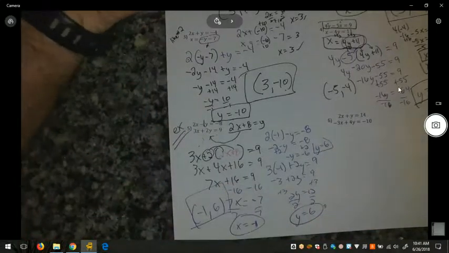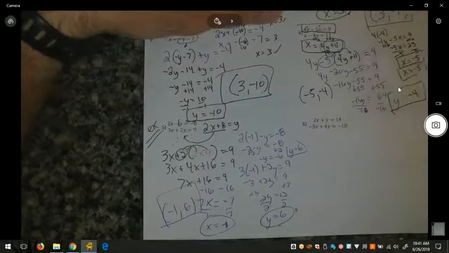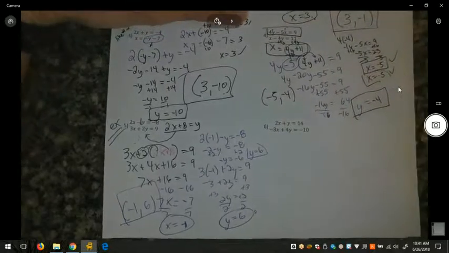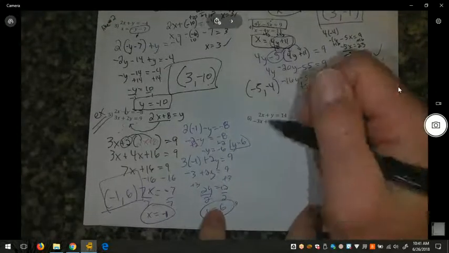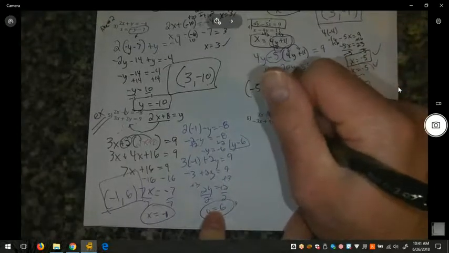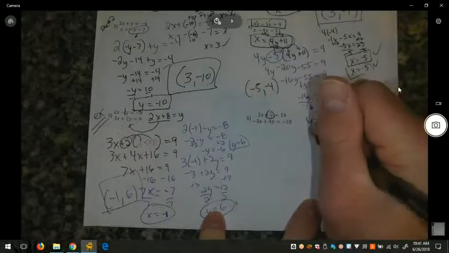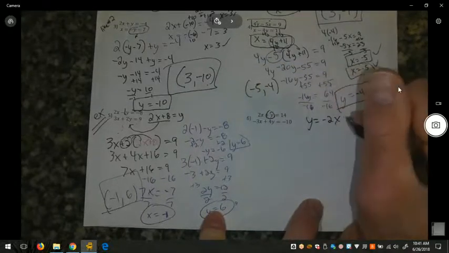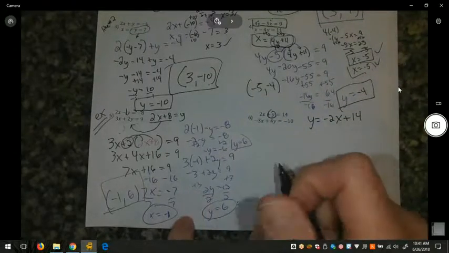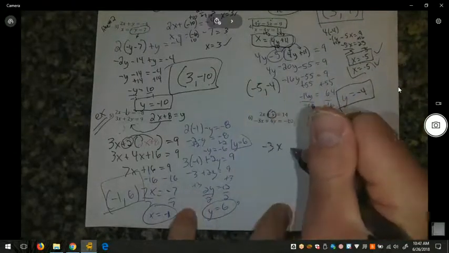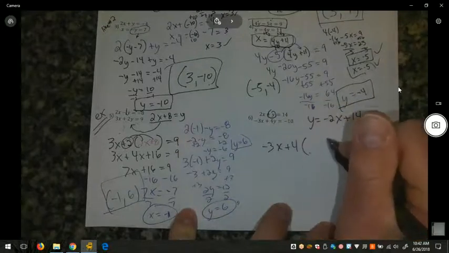Please take a moment to pause the video and try number 6. There is a variable that should be easiest to get by itself. Welcome back. In the top equation, hopefully you got y by itself by subtracting 2x from both sides, giving you negative 2x plus 14, or 14 minus 2x. Substituting that into the bottom equation,